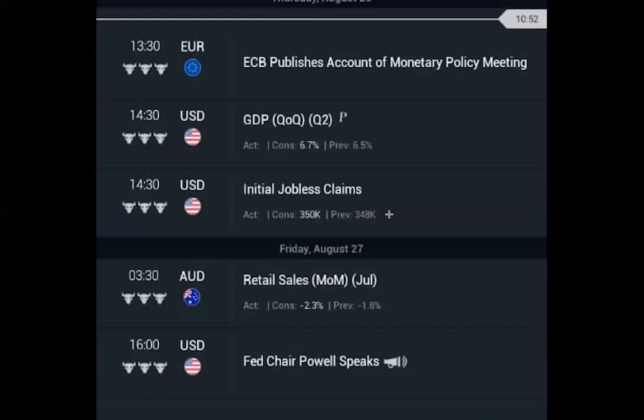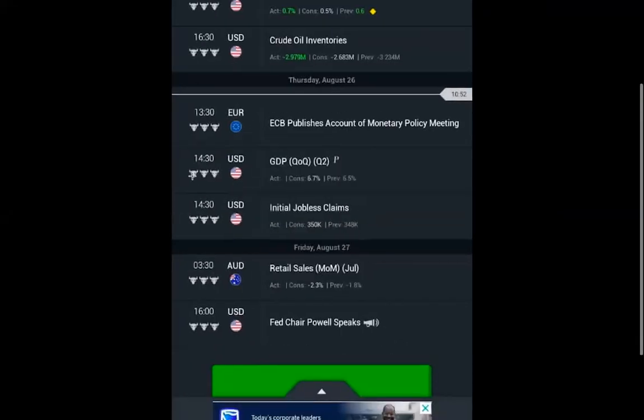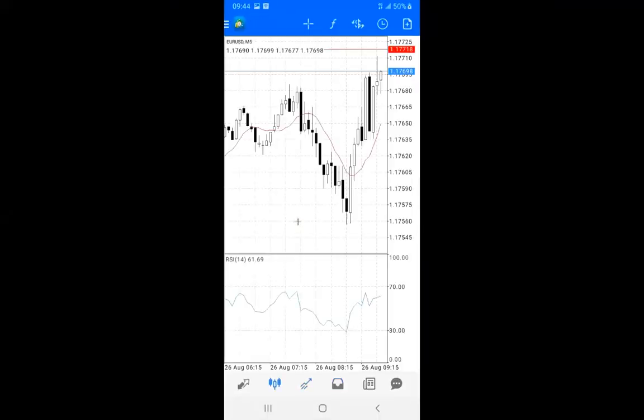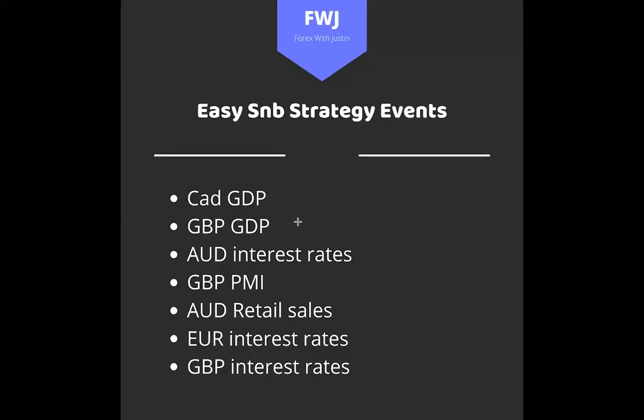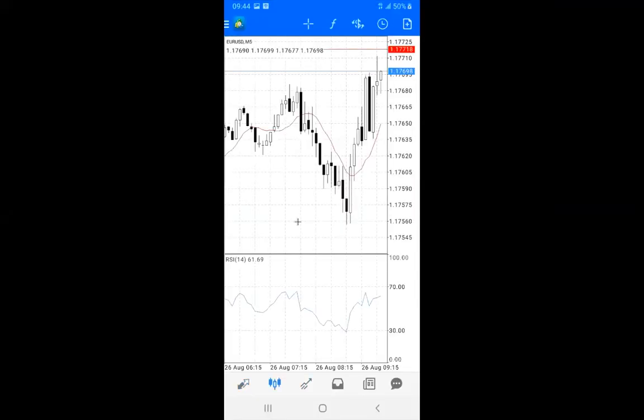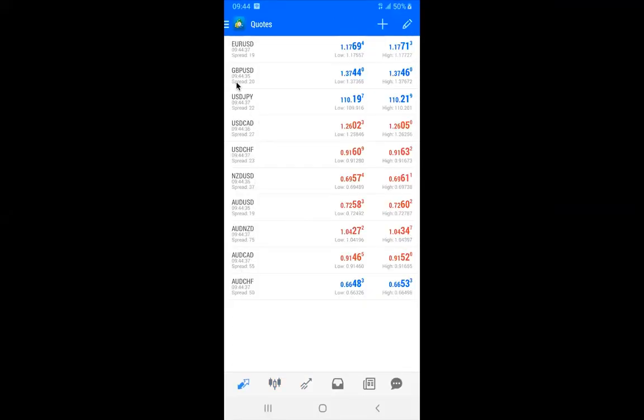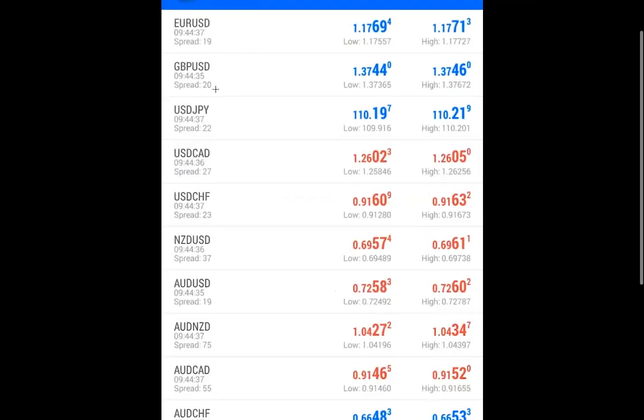In some cases, you might be wondering what currency pair to pick. Like for example, this one here, USD GDP. So for USD GDP, that event is happening in the US. Now, since it's happening in the US, you can't really pair it with USD again because it's already part of the currency pair. How we pick currency pairs in that case is by looking at